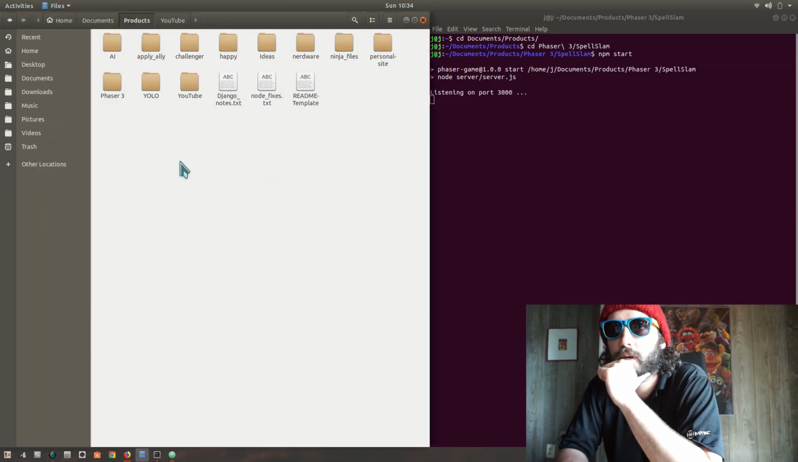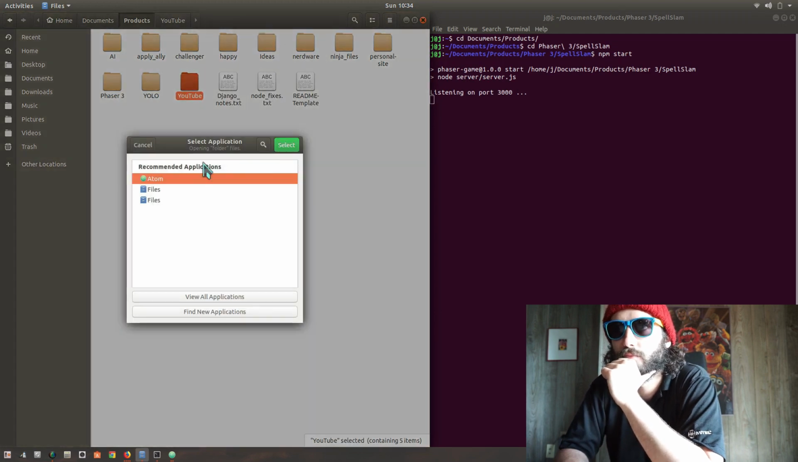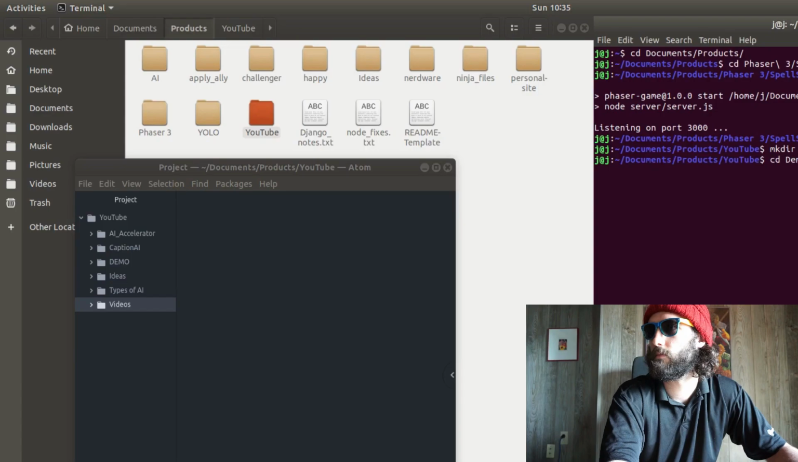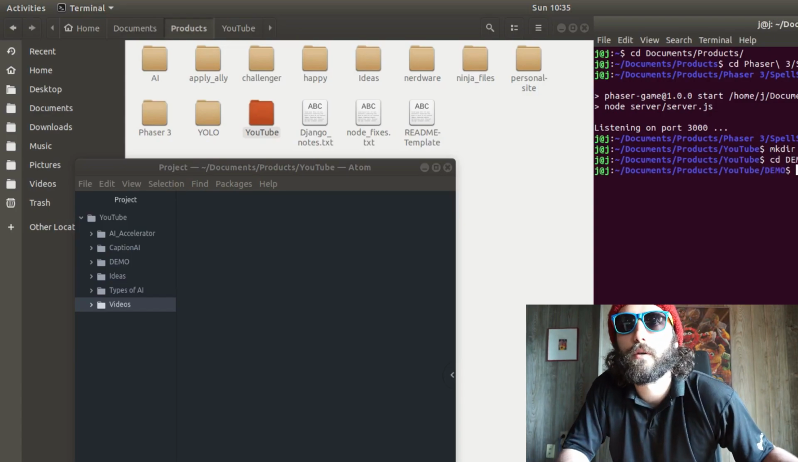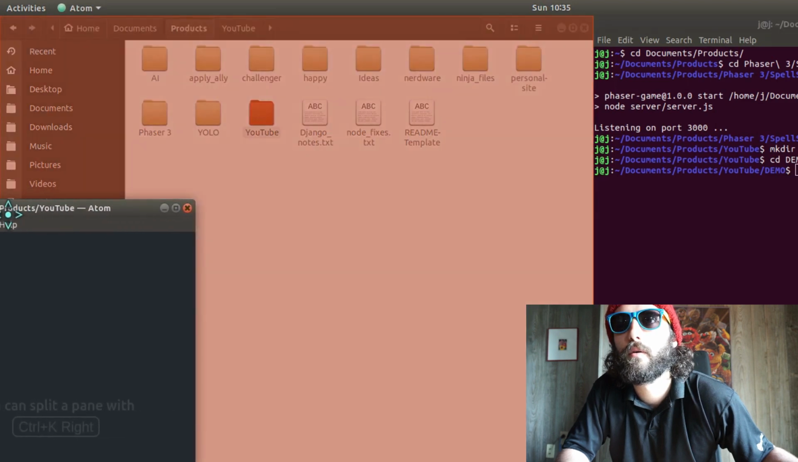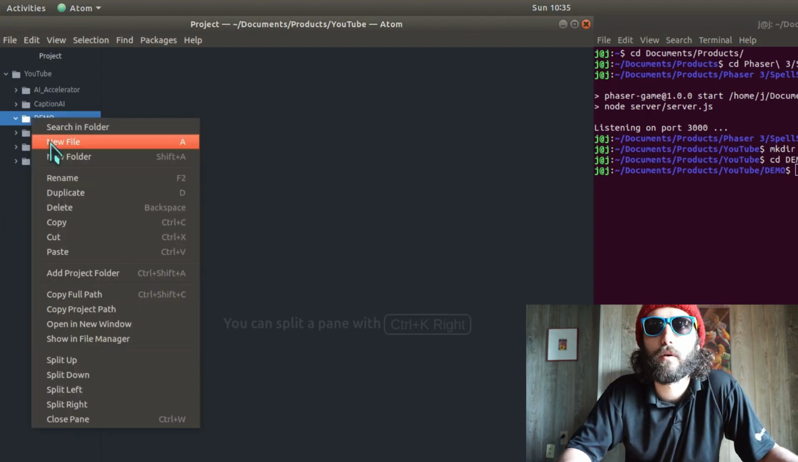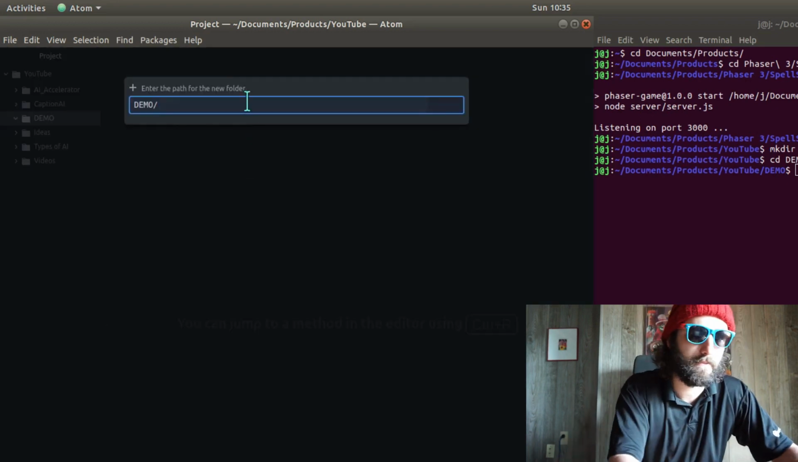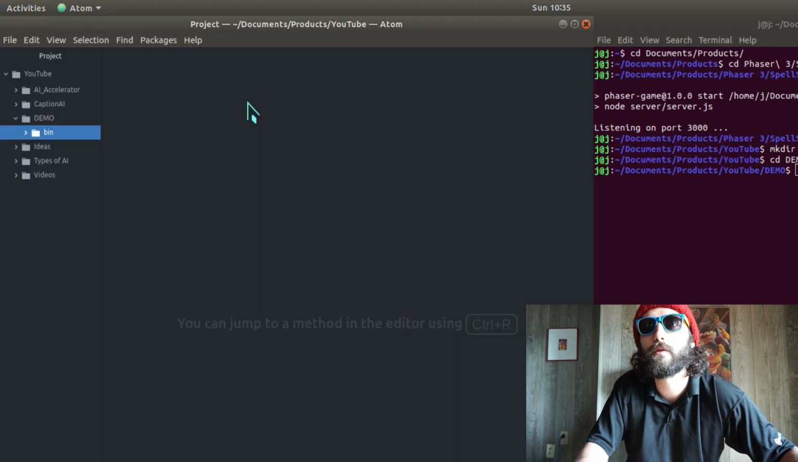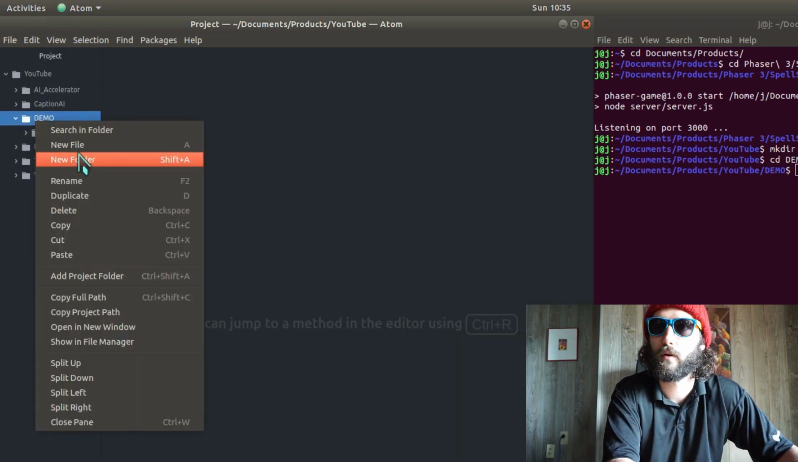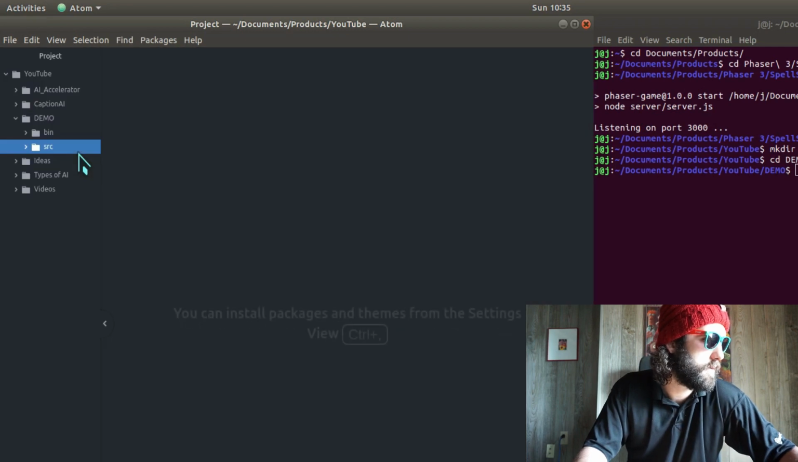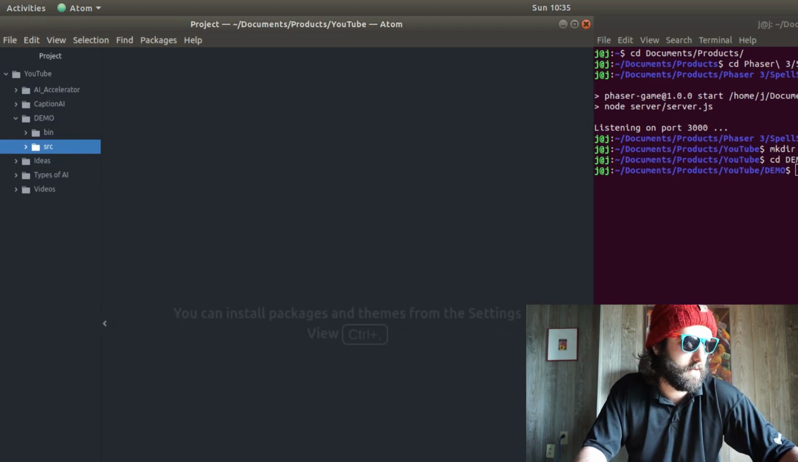So, open this up in Atom. Wait a little bit. Cool. So this is where we're going to be. And inside here, I'm going to make a bin and a source folder. Cool. Now to start off,